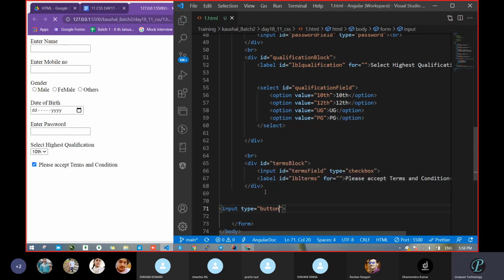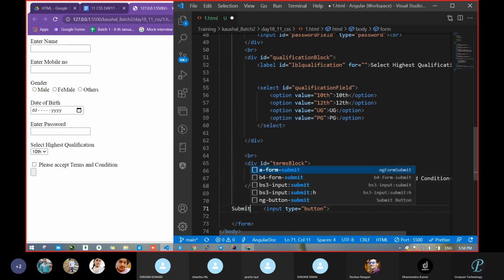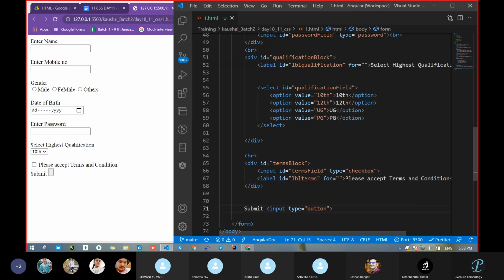Okay, but if we take type equal to button, nothing came below the checkbox. What is the issue? Where will we write, as in all other cases, we passed a label for writing something. So write that submit. Is this correct? Where will we write this submit?